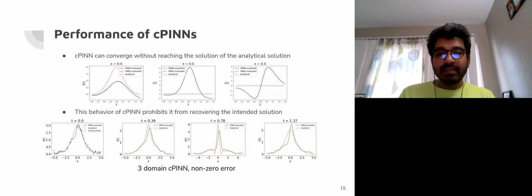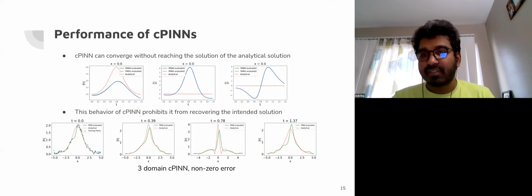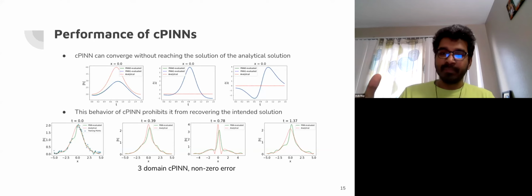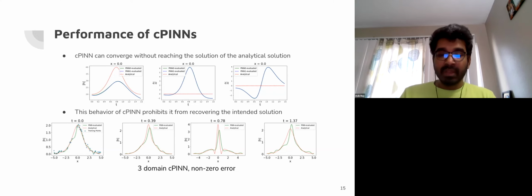So this tells us that the C-PINN regularizer is not doing a very good job in recovering what we want, and it is definitely not invariant with the number of domains or the position of the domains. So it creates some kind of local structure in the loss function manifold, and eventually causes the entire neural network to converge there. And that is exactly why it becomes unreliable, even